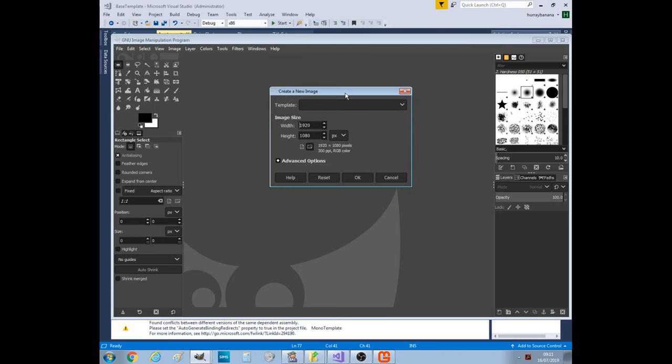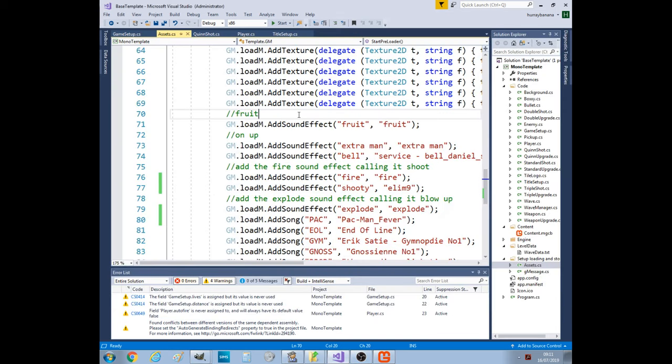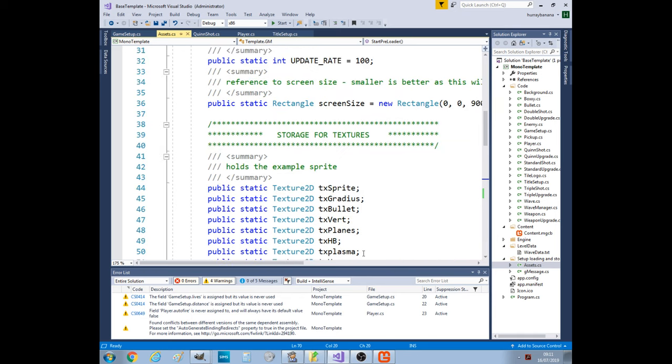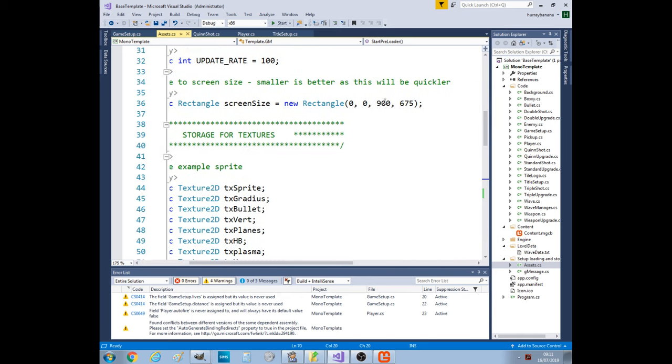So my screen was 900 wide, 675 tall, something like that. I can quickly check that if I go to the assets and the screen size is set there. Yeah, 900 by 6... I don't know. I remembered that because I'm used to that sort of thing. Right, so